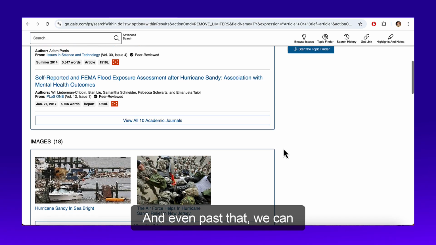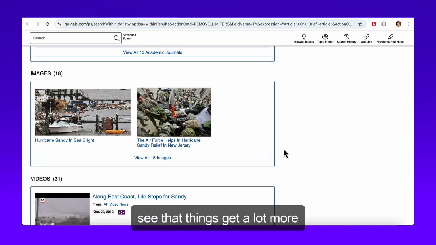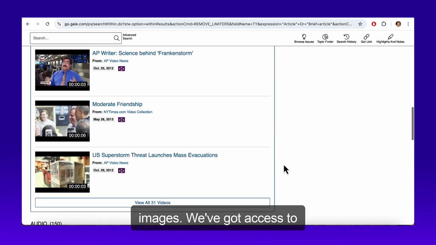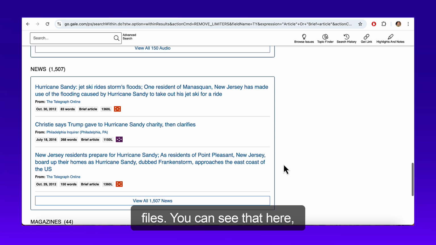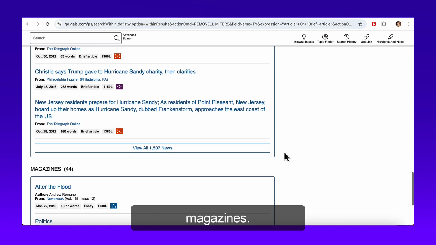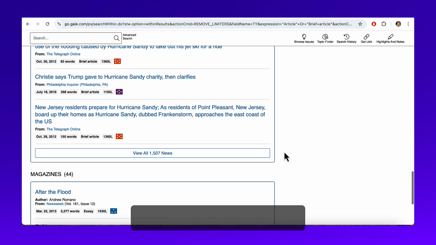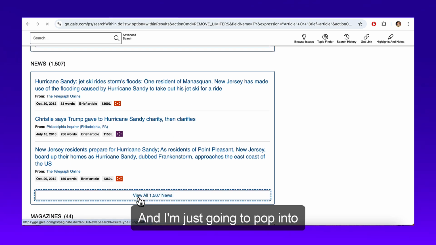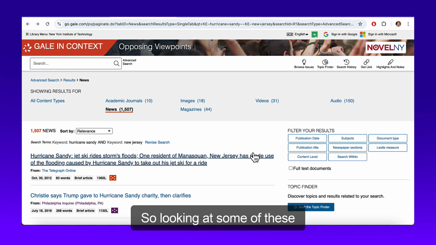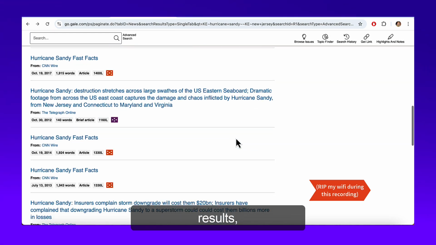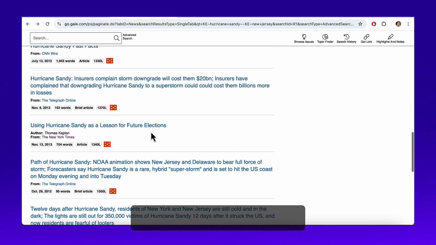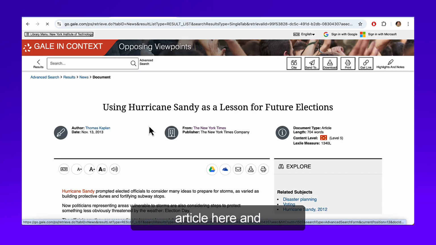And even past that, we can see that things get a lot more interesting. We've got images, we've got access to videos, we can look at audio files. You can see that here it gets a lot more expansive when you get to news or magazines. And I'm just gonna pop into the news results. So, looking at some of these results, I'm just going to pop into this article here,